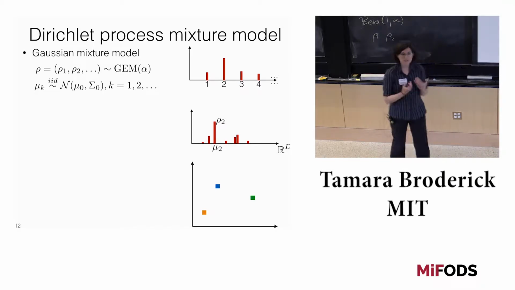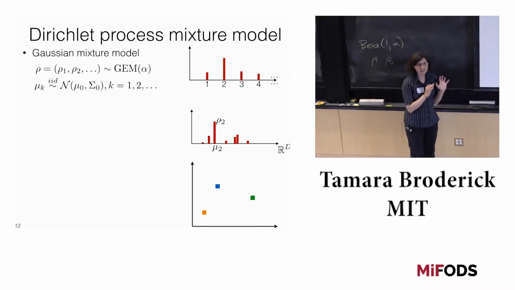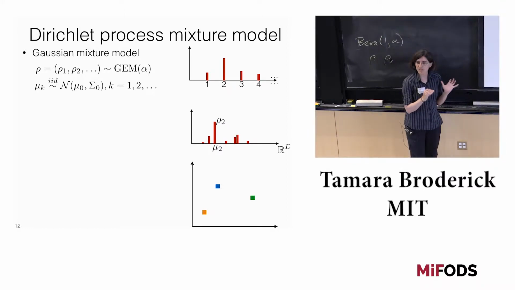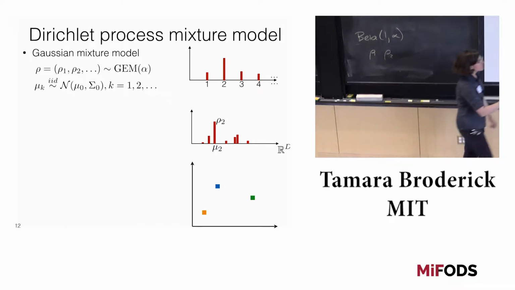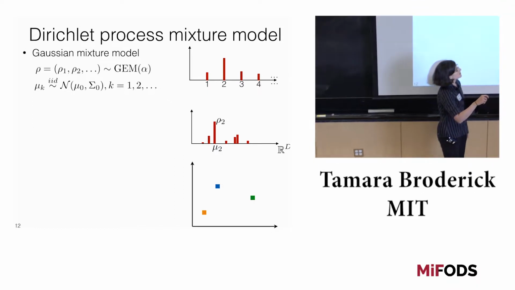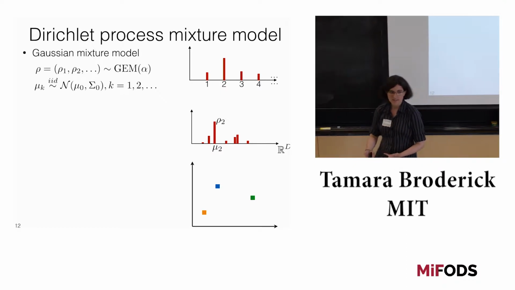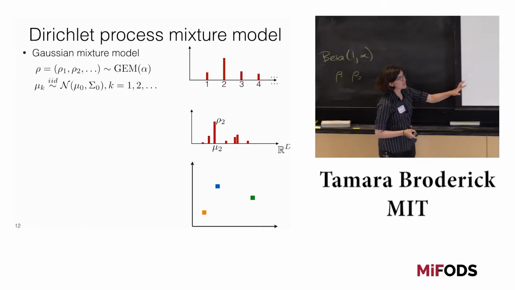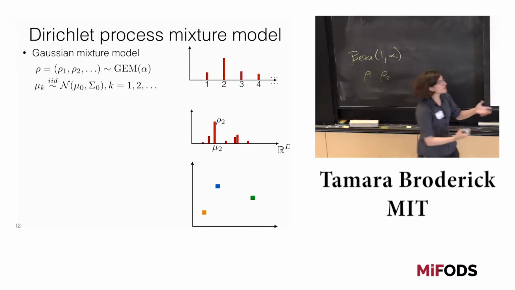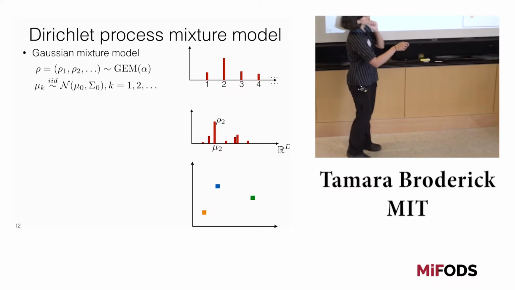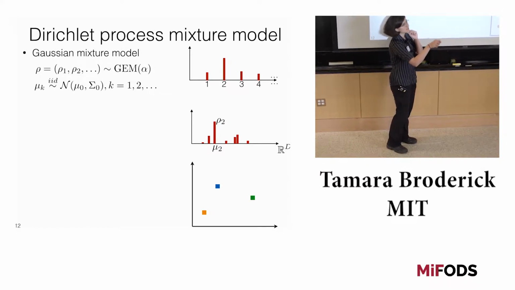And so I'm going to show you the exact same idea as in these first two lines, but an alternative expression for it that gets rid of that ordering. In particular, instead of having rho 1 associated with its index and then mu 1 associated with some mean, we're just going to put rho 1 on top of mu 1, and rho 2 on top of mu 2. We're going to put that mass directly on the value. I'm still going to index it in my notation just so we can go over everything, but you'll notice that this measure now doesn't have to use indices to relate it to something else.